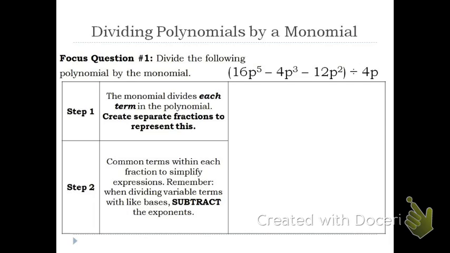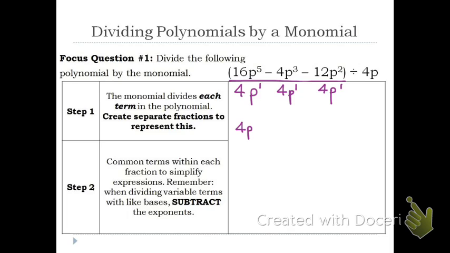So I'm actually going to write 4p under each part so we know that we're going to be dividing that. And what I'm going to do is also put, for our benefit, until you need to, make sure to include the exponent for the variable. That way, we can look at how we want to divide those, and that way, when we simplify, we get